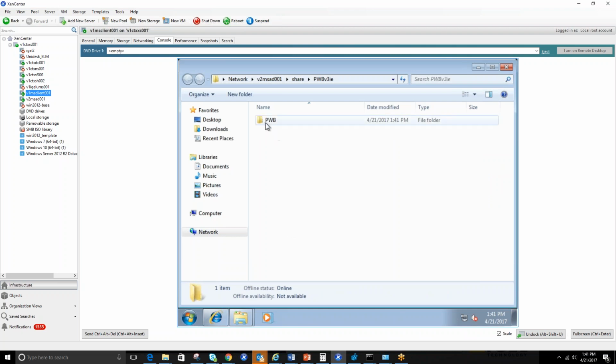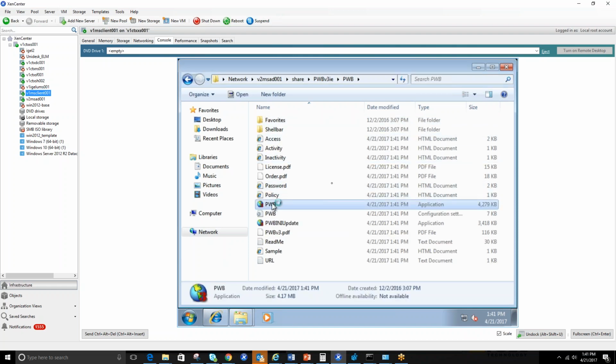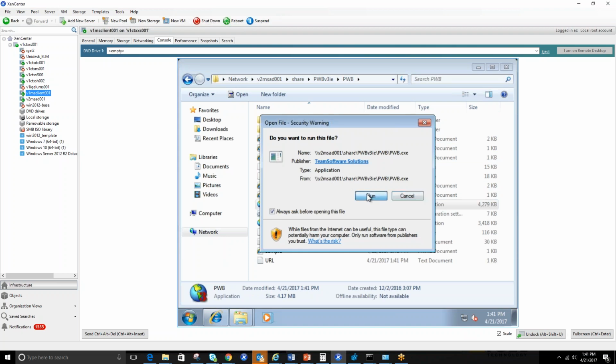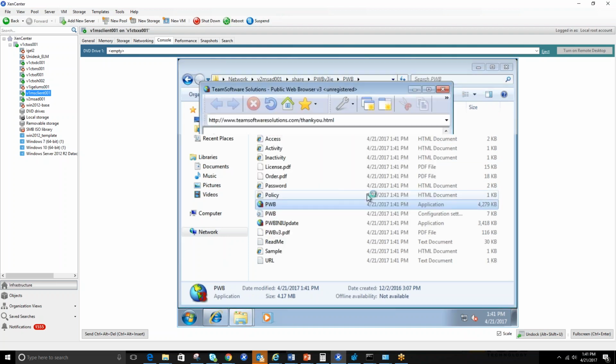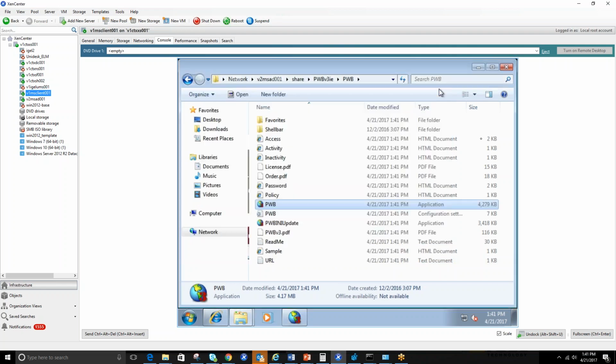All right, so assuming that I would have put this into a startup, run once or run every time the machine boots up, the first thing that would happen is I would launch this public web browser app when the user logged in, either as themselves or some type of generic user. And they would go straight to a web page like this. But like I was talking about a while ago, with two settings, I can fix this. So if I close this guy and I go back to the INI file,